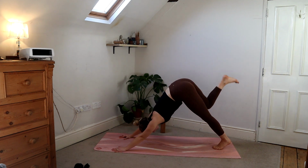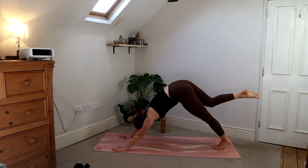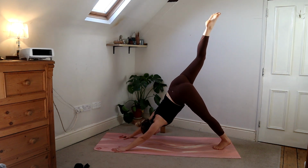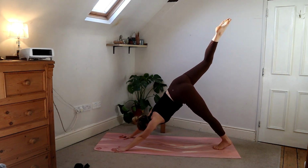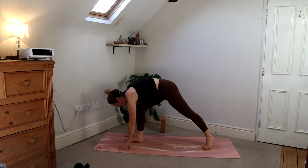Inhale, right leg lifts. Exhale, knee to nose, well done. One more time, inhale, right leg lifts. Exhale, knee to nose, look forward, step the right foot forward, pivot on the back foot, ground the back foot,